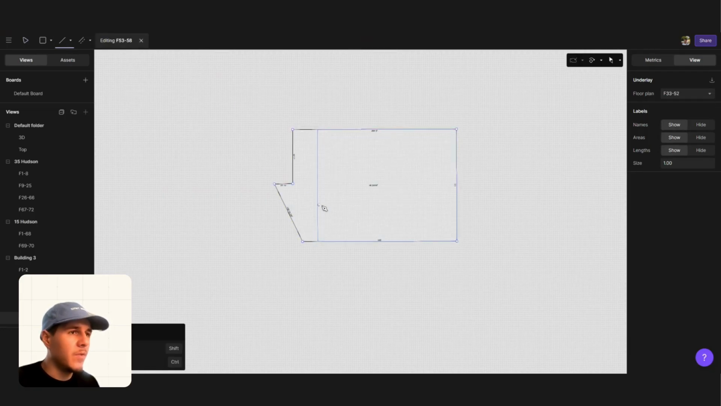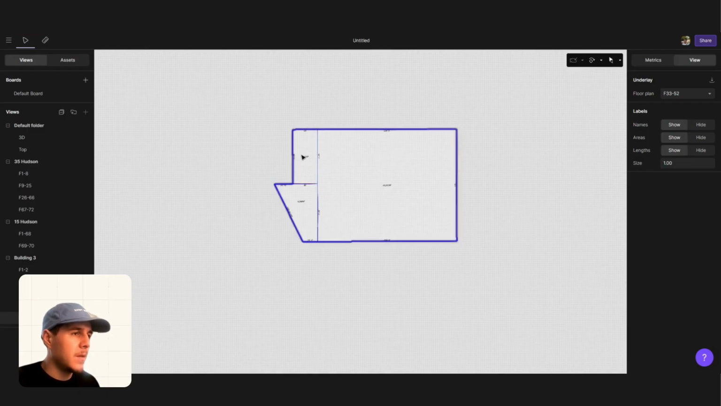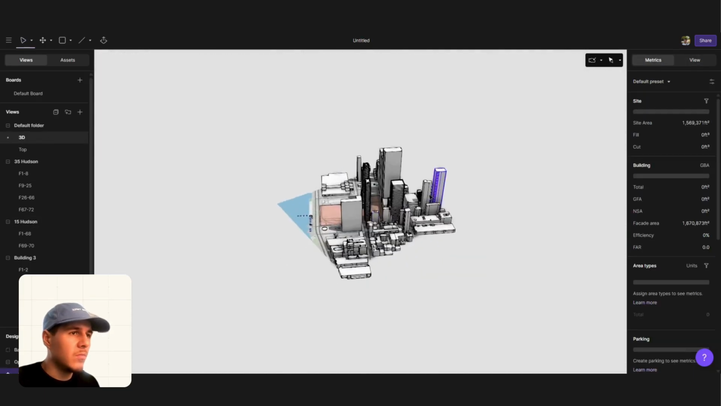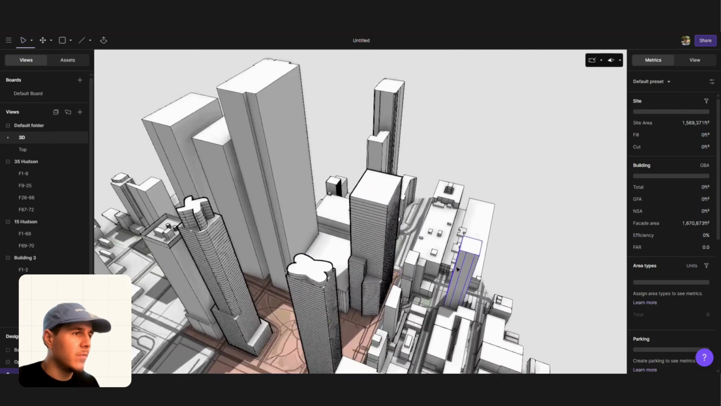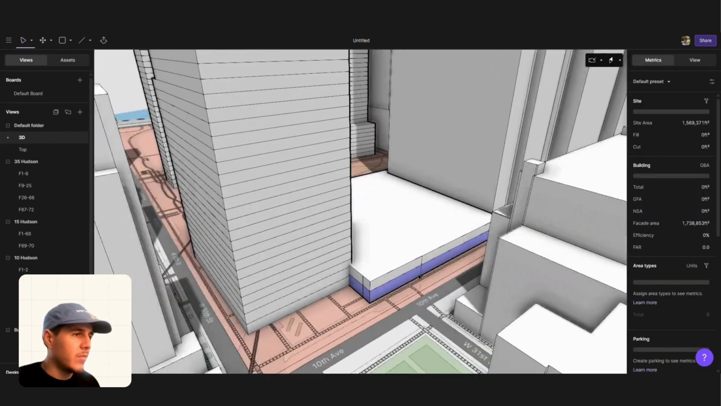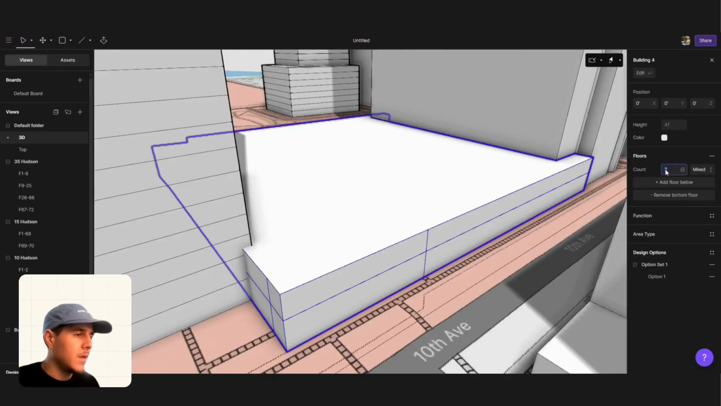And now for the very top, it's just a straight line. There we go. And I'm just going to delete the extra lines. And that should be good. Let's go into 3D view and let's look around, and boom, looks perfect. It's pretty accurate. And now I'm going to get over to the shops at